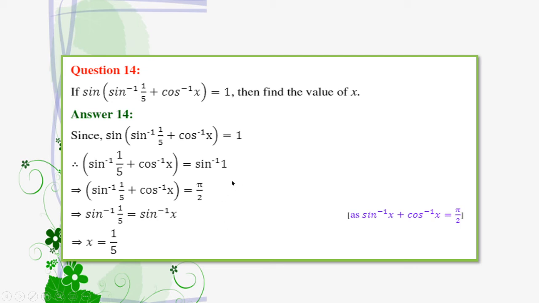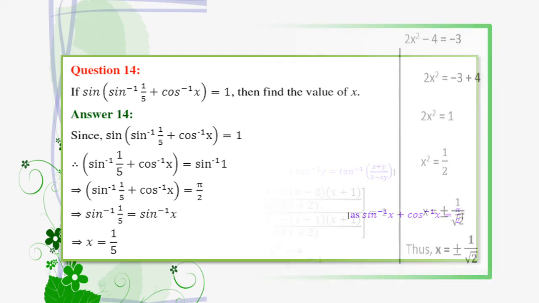Then after that, what is the value of sine inverse 1? In the last video, we discussed this thing. You have to find the value where sine function gives us 1. So definitely at pi by 2. So sine inverse 1 can be written as sine inverse sine pi by 2. And then sine inverse and sine will be cancelled, and pi by 2 is the answer on the right hand side. Now after that, applying this property, sine inverse 1 by 5 is equal to sine inverse x, because if you shift cos inverse x to this side, pi by 2 minus cos inverse x is equal to sine inverse x. So sine inverse and sine inverse cancel, x is equal to 1 by 5.